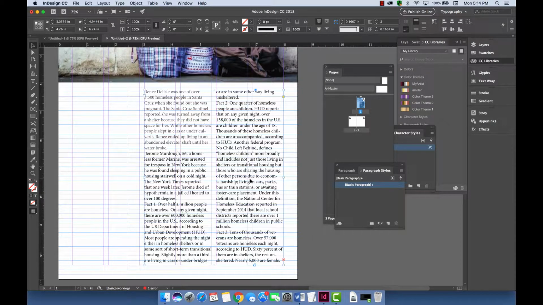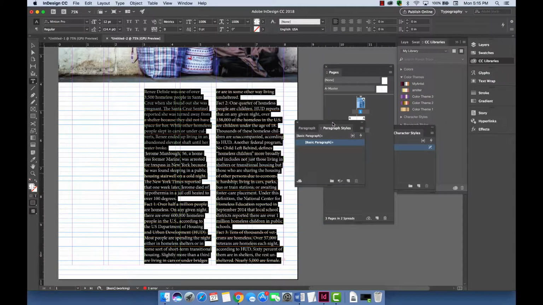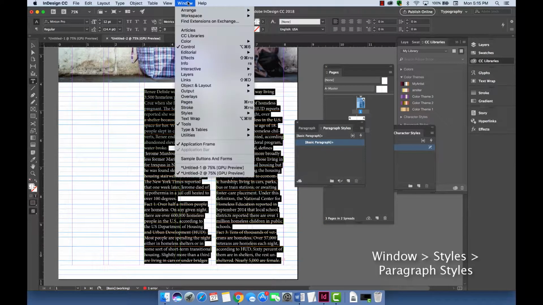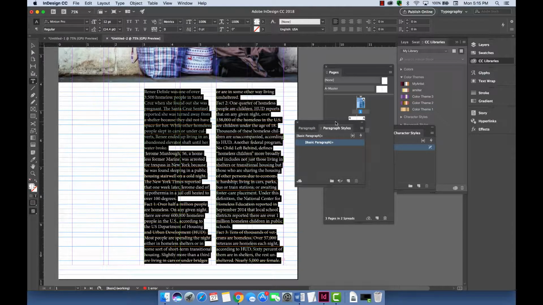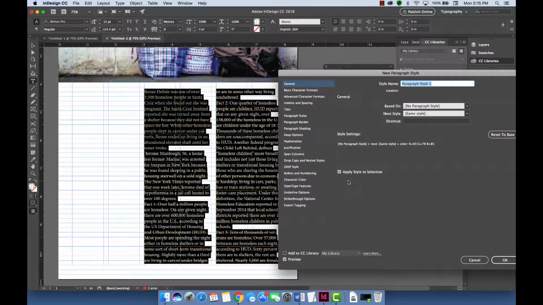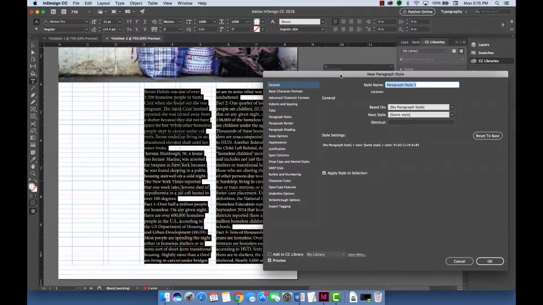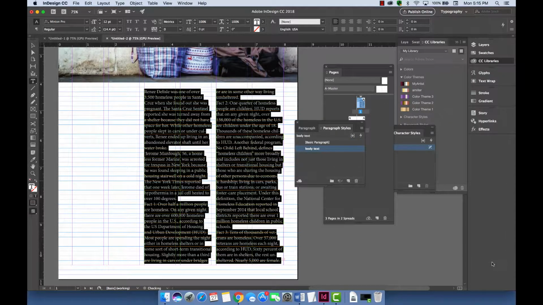Now let's begin to format the text. I'm going to click 5 times inside this text box to select all of the text. I'm going to open up my paragraph styles. You can find this under Window, Styles, Paragraph Styles. I'm going to hold down the Alt or Option key and click this button here to create a new style. I'm going to name this new style Body Text and make sure that Apply to Selection is checked and Preview is checked. Now I don't want to make changes while the text is highlighted, so I'm going to press OK,